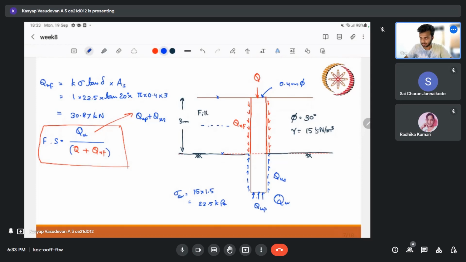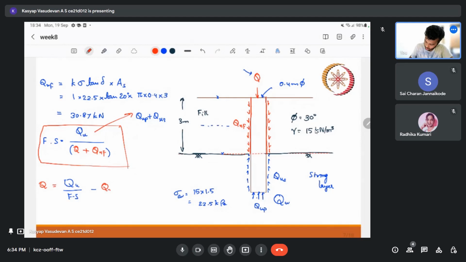Suppose we are given a factor of safety and we are supposed to find this particular load Q. Then we can find it as, I'll use the same color so that there is no confusion, Qu is equal to the capacity that we found for the pile using the skin as well as the bottom layer. This is the strong layer at the bottom in which it is embedded. So divided by factor of safety, minus